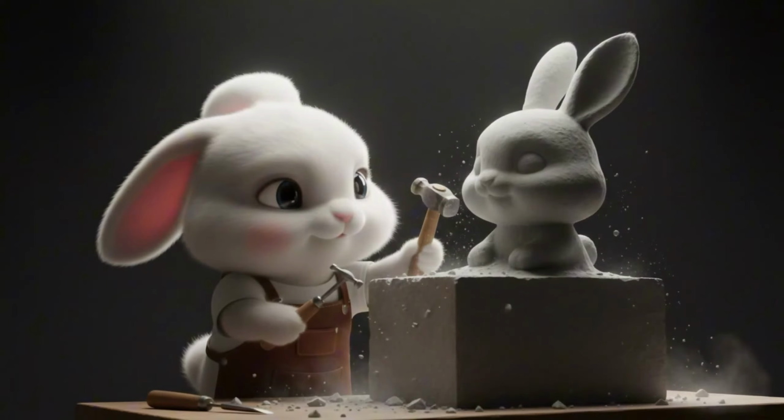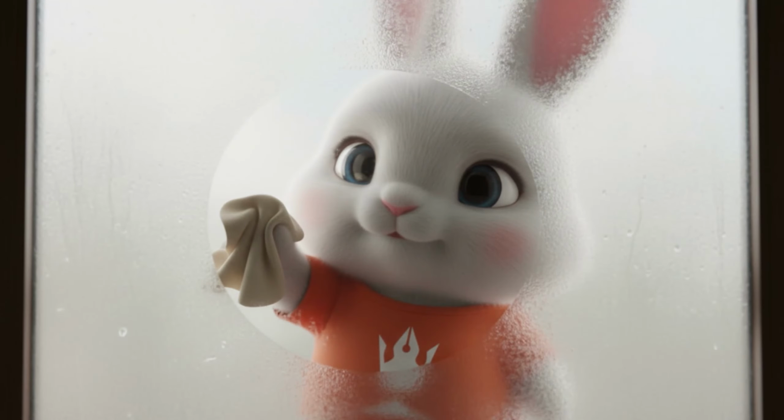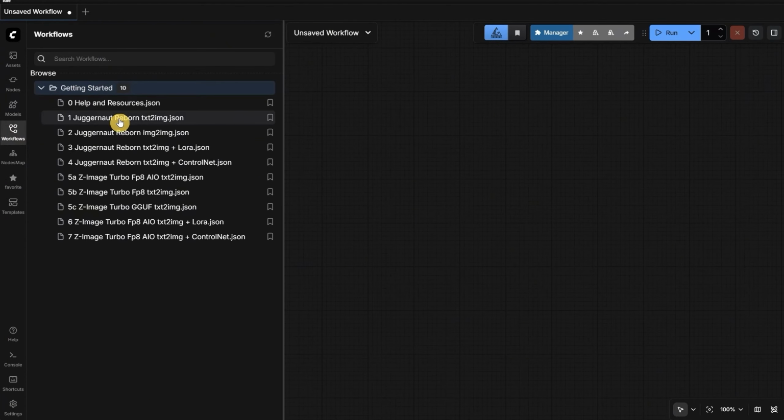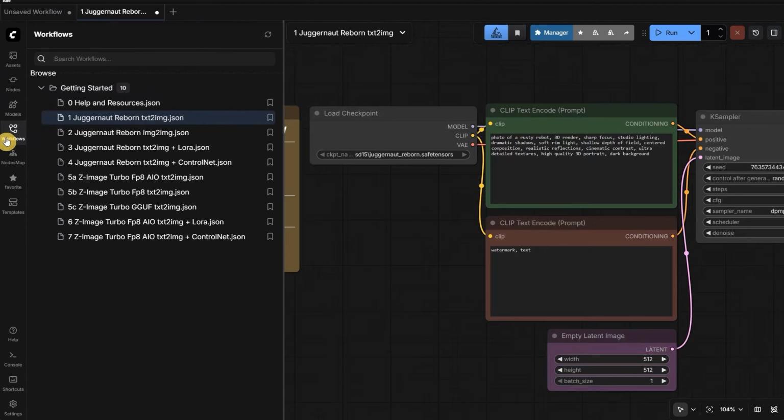It's like sculpting. You start with a rough block and remove material until the shape appears. Or, like a foggy window clearing up step by step, you don't instantly get a sharp scene. It resolves gradually. Let's open ComfyUI, go to Workflows, and from the Getting Started folder, pick Workflow 1, which is